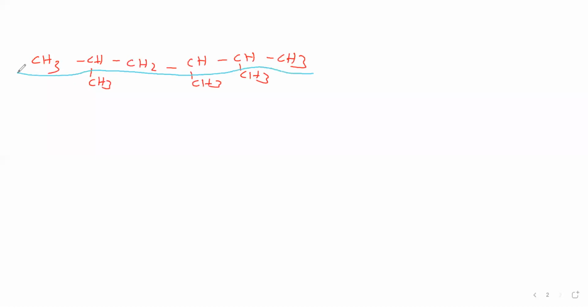This is the parent chain. Now, this comes under branch. How many methyl groups? 3 methyl groups, so that we can say trimethyl. Now, the position of the methyl groups we have to say, for that we have to give the numbering. One possibility from the right extreme, another possibility from the left extreme. If you start from the right extreme, 1, 2, 3, 4, 5, 6. Branch positions 2, 3, 5. So 2, 3, 5 we can say.